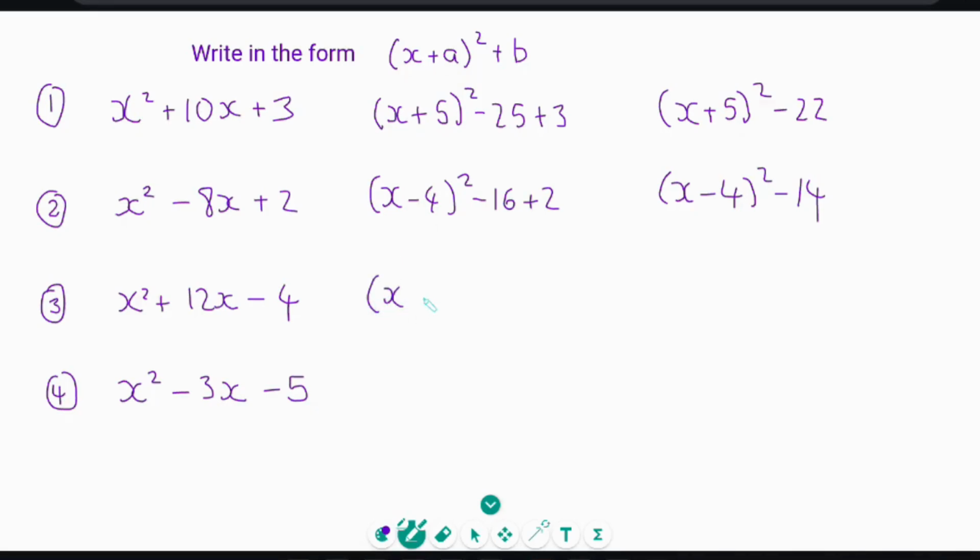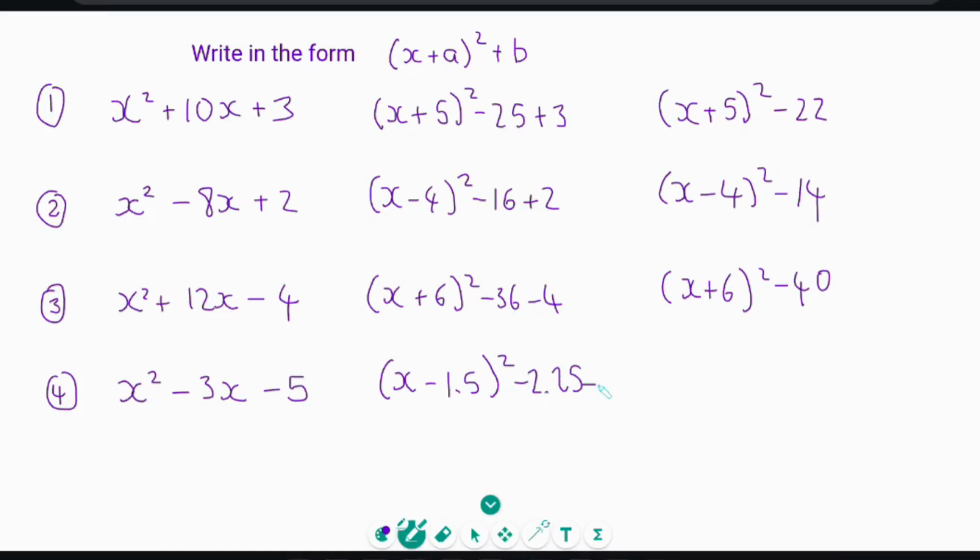Half of 12 is 6. 6 times 6 is 36. So we'd simplify to... half of 3 is 1.5. It's up to you if you write it as a fraction or a decimal. Now, minus 1.5 times minus 1.5 is 2.25. So I need to take off 2.25 and take off 5, which simplifies to